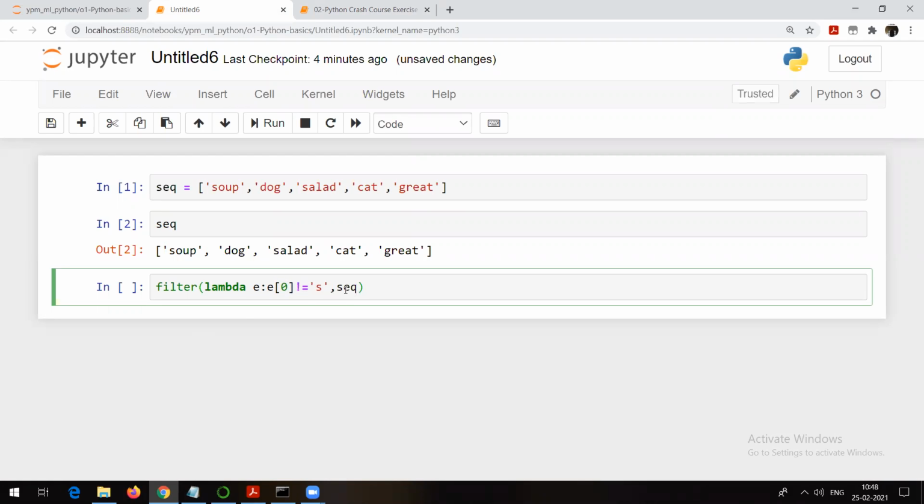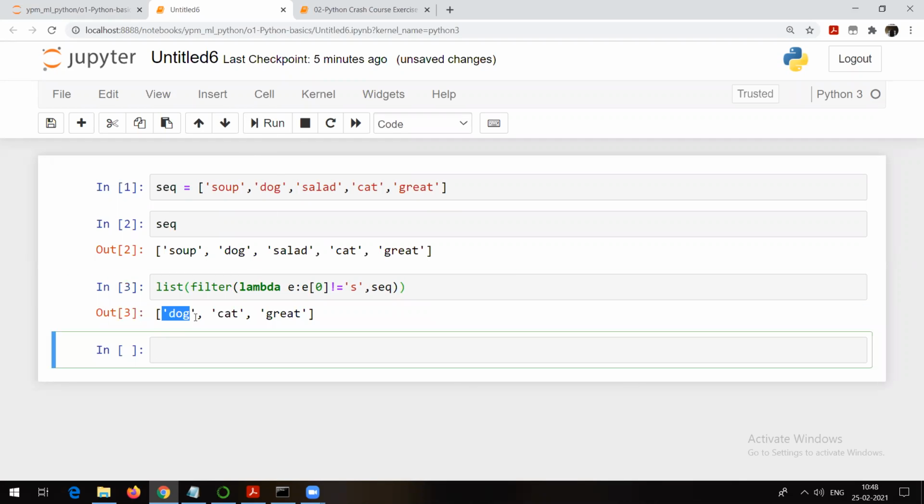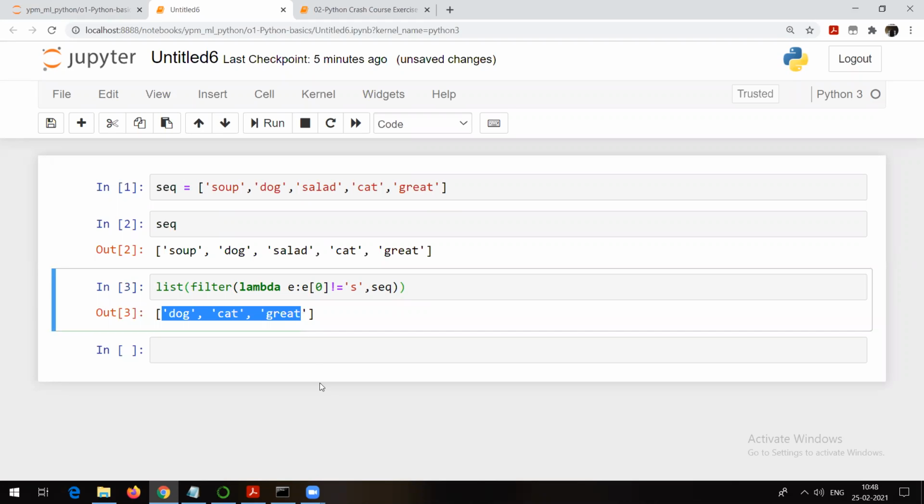And this thing I have written in filter. That's it. This is my answer. And as I want the answer, I just need to typecast it, maybe in tuple or list. So I will just typecast this into a list, suppose, right? So list of filter, and then inside it the lambda expression applied. Okay. So this is my answer. That's it. This is the lambda expression. Let me run it. Now see, dog, cat, and crate.